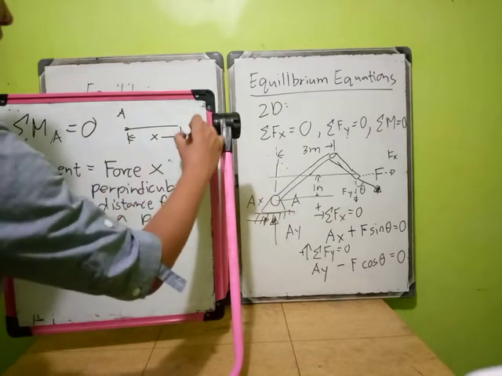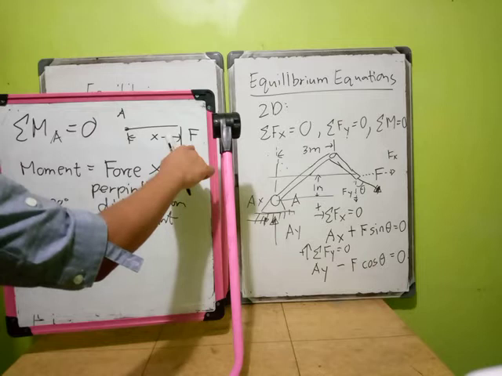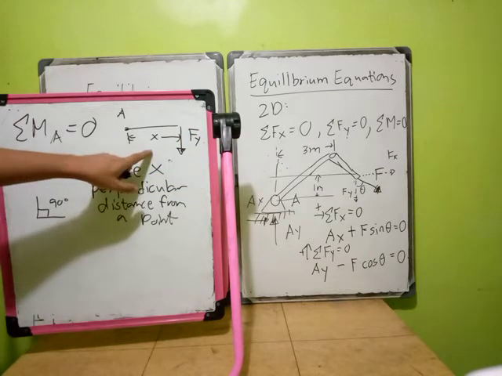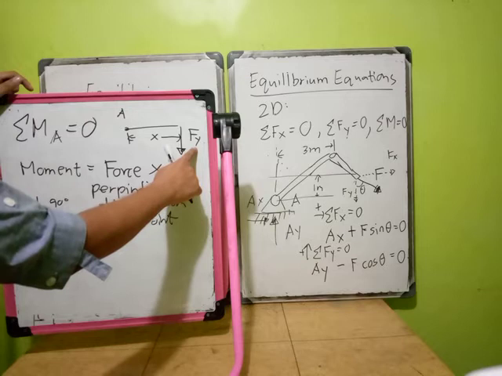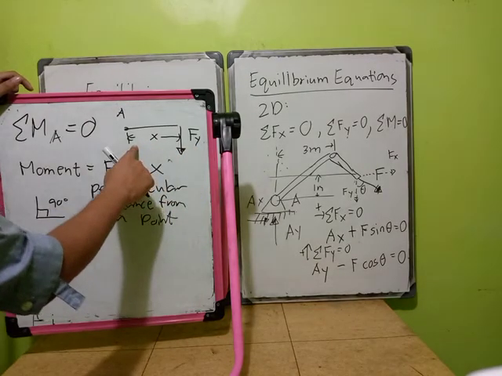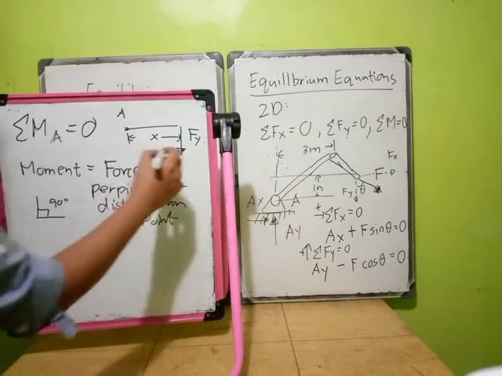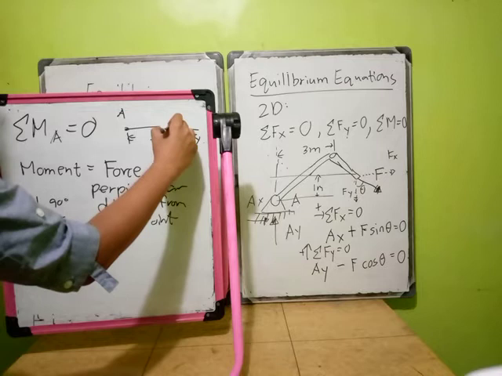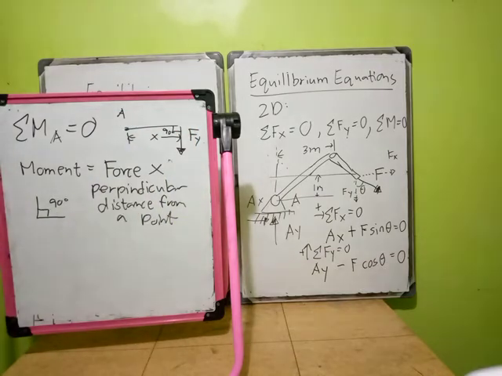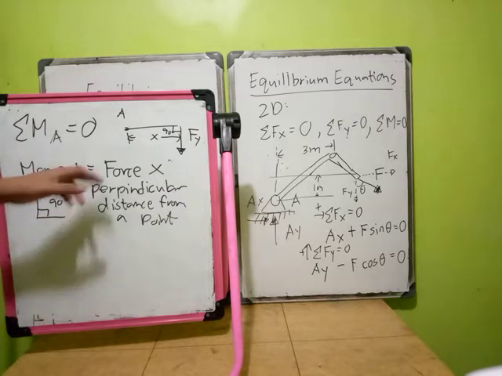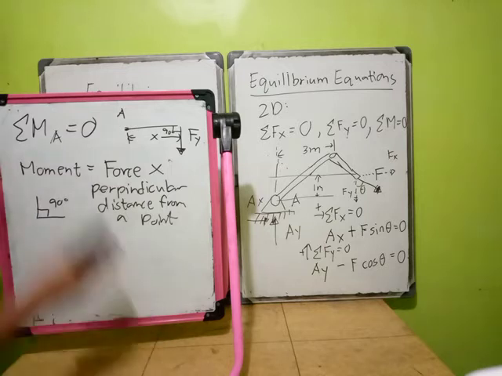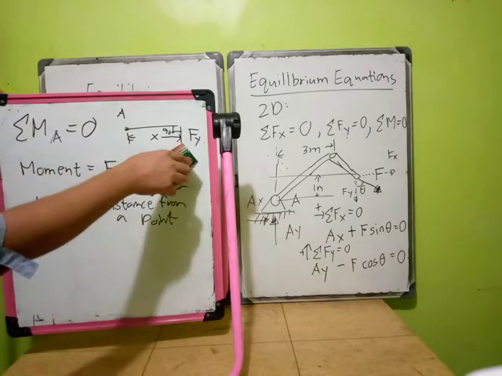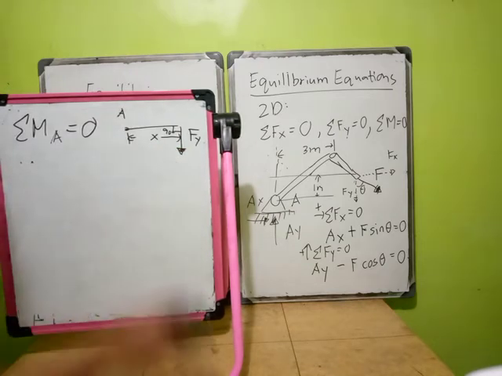So, dapat yung forces mo, ganyan. Dapat yung force mo is force Y. Okay? Kapag Y direction yung force mo, yung gamitin mong moment arm is yung X direction. Dapat, itong Fy at itong distance na to, nagbuo sila ng 90 degrees. So, ganyan yan. Marami kasing mga estudyante na akala nila, ito yung force, yung distance ng A is vertical. Vertical din yung force, hindi. Kapag vertical yung force, just like this, yung moment mo dito is